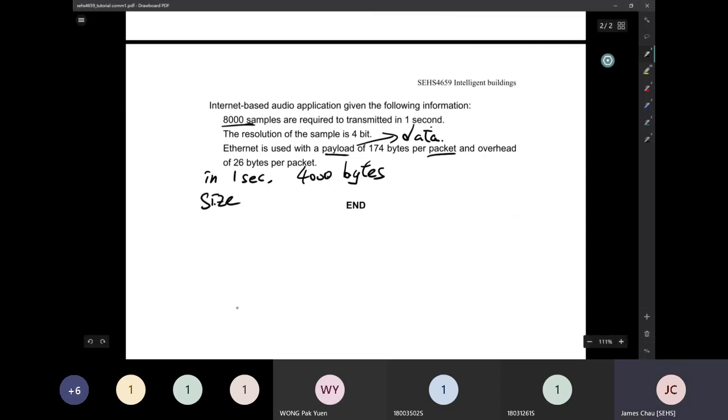The size of the packet is equal to 174 plus 26, and it is equal to 200. Therefore, the number of packets you found